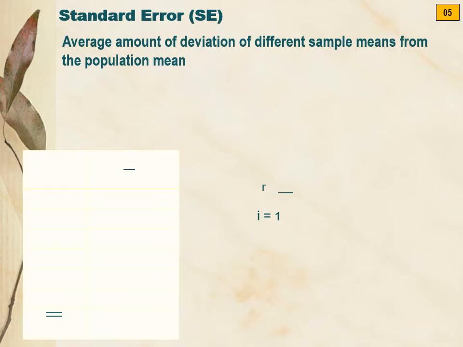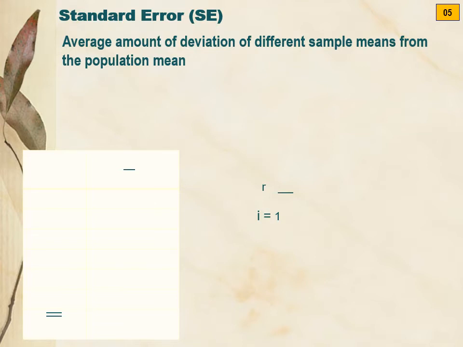From the same population, if you get different samples, say I have randomly selected 10 students and their BP was recorded, and say average diastolic BP was found as, suppose, 79. From the same population, I am drawing another sample of the same size, it will give different information. So all the samples, although of the same size and drawn from the same population, will give different values.